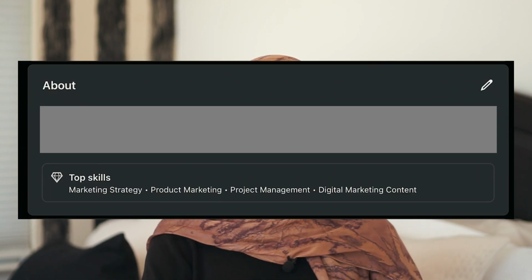Number four, your about or your summary section. This is where you can flesh out your elevator pitch, the who, what, where, and how or why of who you are, where you want to go, what your skill sets are, what you're passionate about, everything that you can condense. This is where it goes. Users are actually more likely to be contacted by recruiters if they read your summary because it is a snapshot of how you can be an asset to a team or a brand.